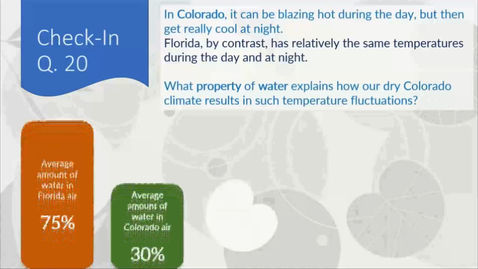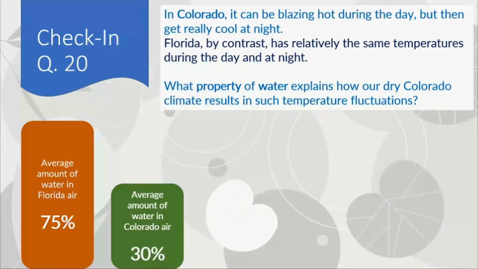Check-in number 20. In Colorado, it can be blazing hot during the day, but then get really cold at night. Florida, by contrast, has relatively the same temperatures during the day and at night. What property of water explains how our dry Colorado climate results in such temperature fluctuations? All right,